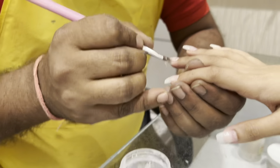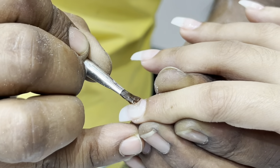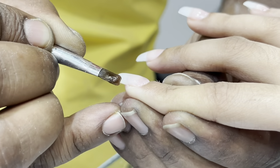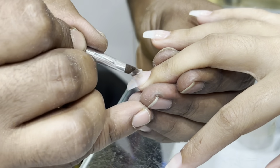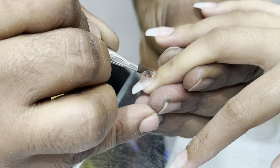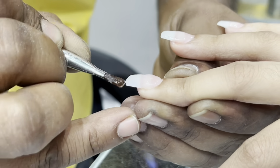Now it was time for the builder gel. The right proportion is very important here because if not done properly, then your nails might look a little lumpy. This is done on the entire nail starting from the cuticles so that our nails are evenly covered. Then we have to keep them in the UV lamp for them to set while we choose the color we